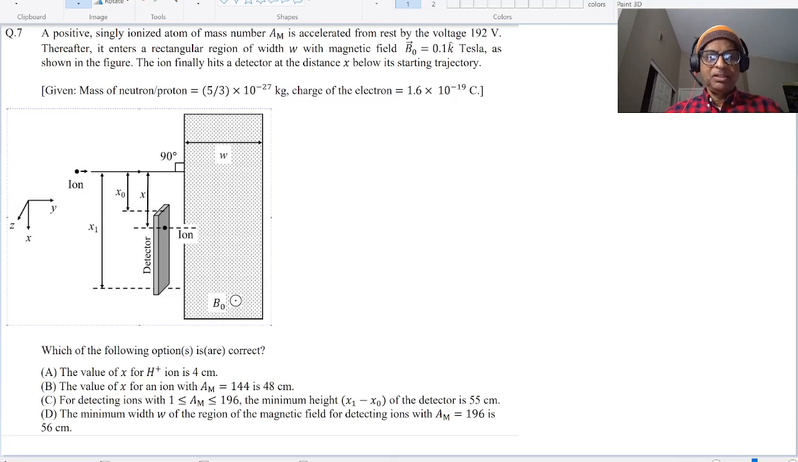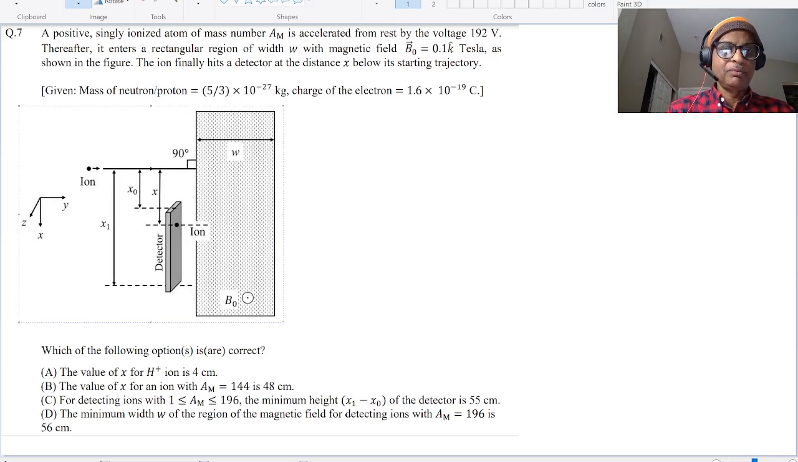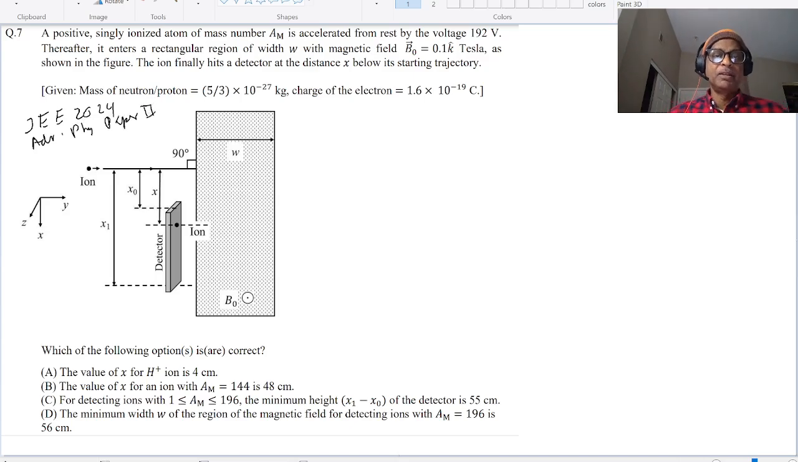So we are currently doing the JEE exam paper 2, and this problem is from JEE 2024 Advanced physics paper 2. Okay, so here you have a voltage, the source of ions,